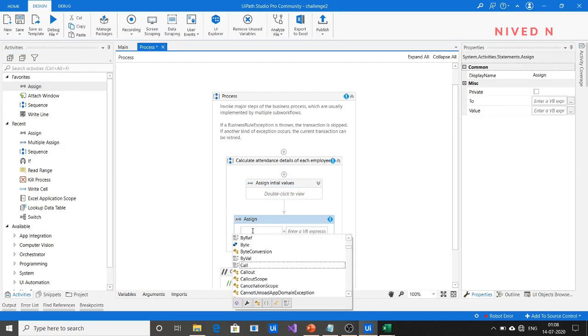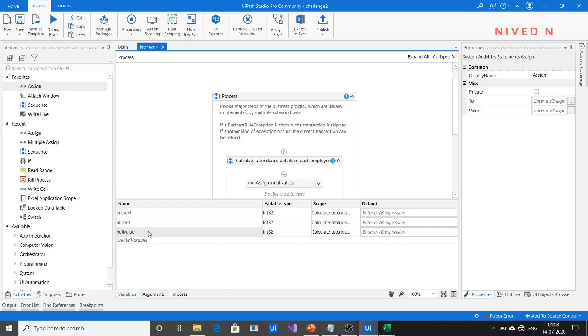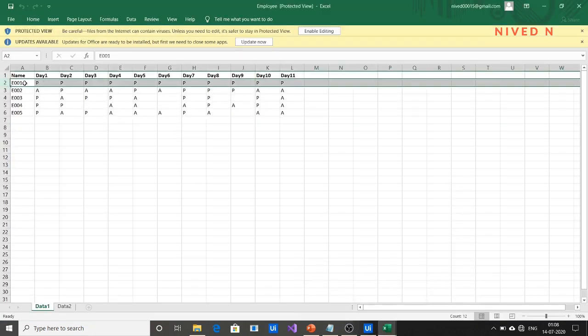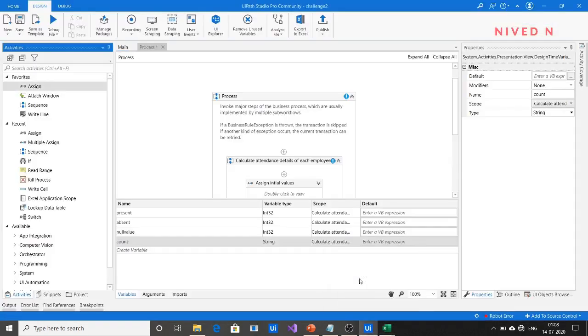So create a count variable of integer type, which can store the number of columns corresponding to each transaction item. If you take this transaction item, the number of columns is, let's say, 12. The second transaction item is also 12. In general, you can retrieve the column numbers from the transaction item by simple code.